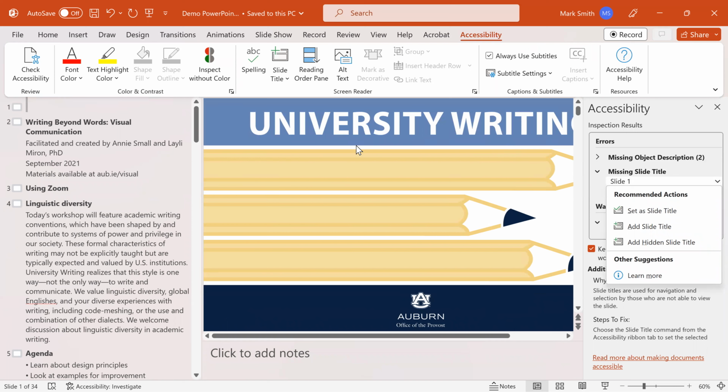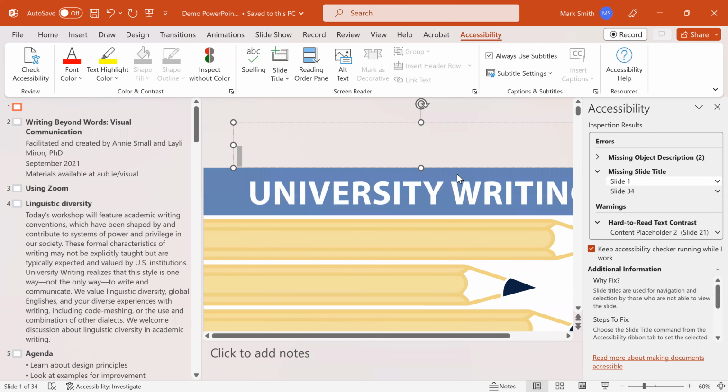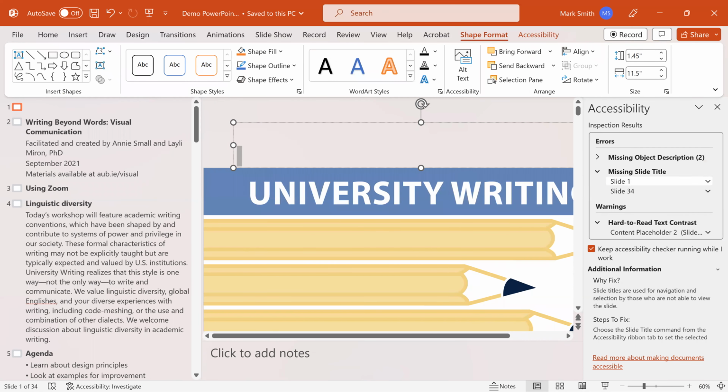This is just a product of our template here at University Writing. And so if you wanted to add a slide title, it would actually add a text box and then type in whatever you're going to be trying to put in. So in this case, it would just be University Writing. So this is where we want to add a hidden slide title. And so then we would type in